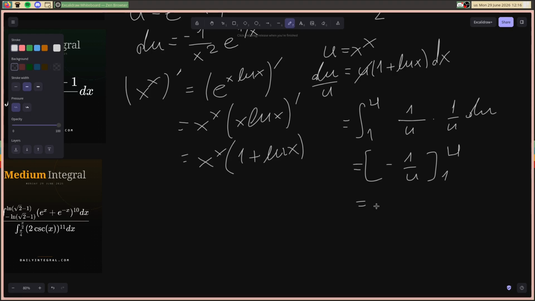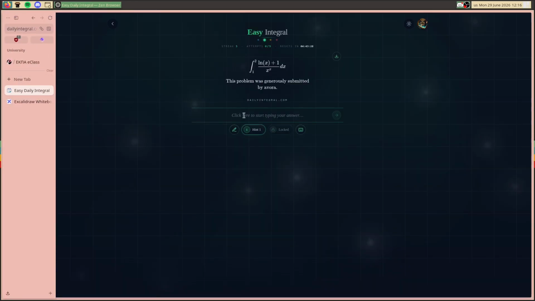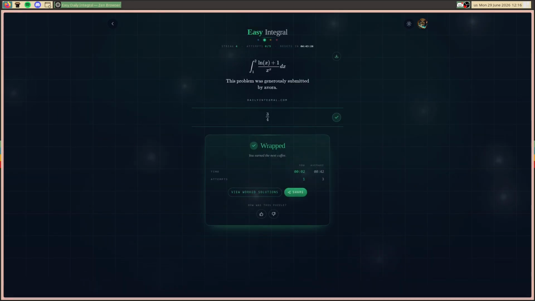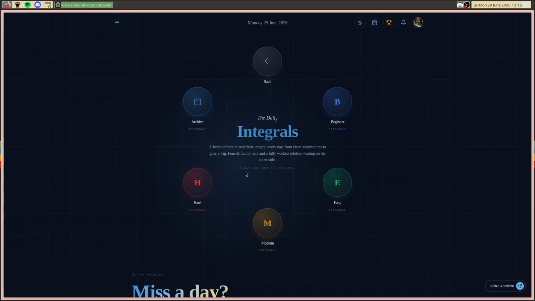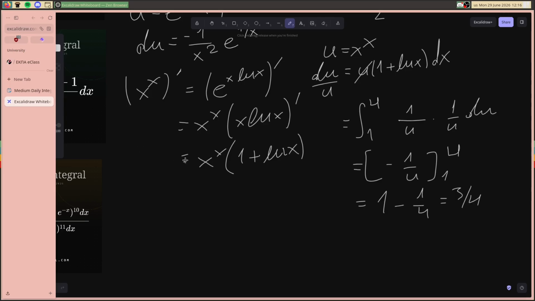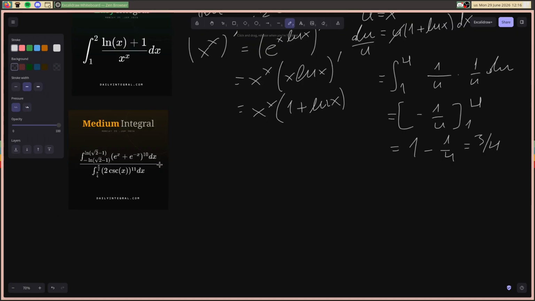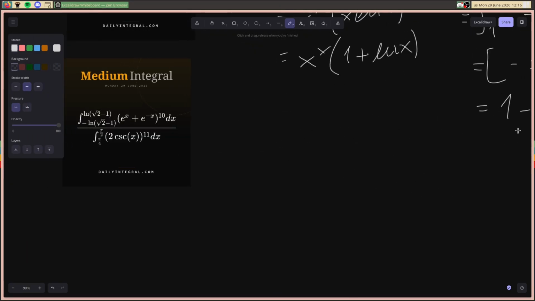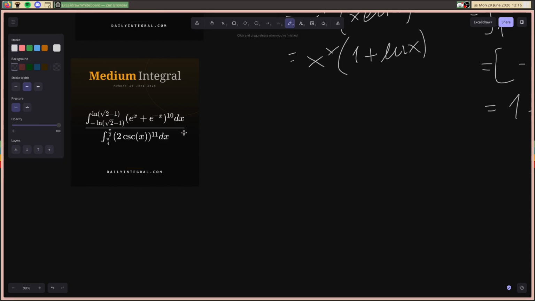So in the end, we get 1 minus a fourth, so 3 over 4. Is that correct? Yes. The medium, again, with the mediums, I don't know what they've been doing with the mediums yesterday and today. These are not medium difficulty, but anyway,